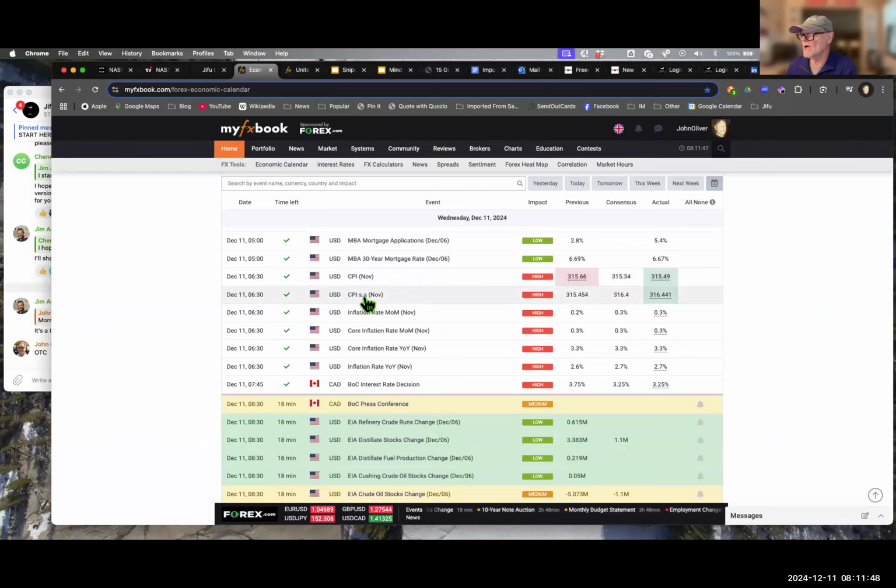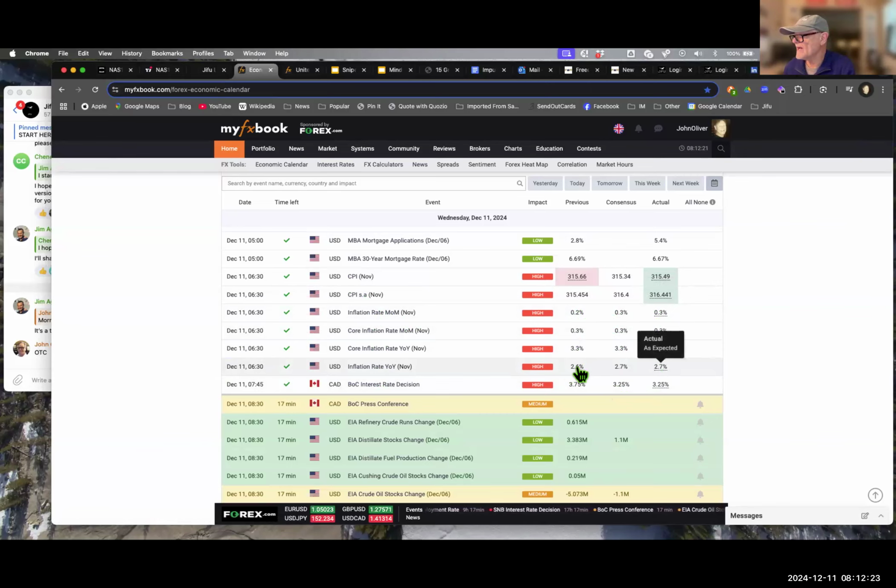CPI is obviously the big one. Inflation rate is very interesting for people to see. Are we likely to get a rate cut coming up in the next Fed meeting? And these numbers haven't really shifted anywhere. So we'll have to see what the Fed makes of this, because our inflation rate of 2% target is not being reached right now. Although this was the expected inflation rate,